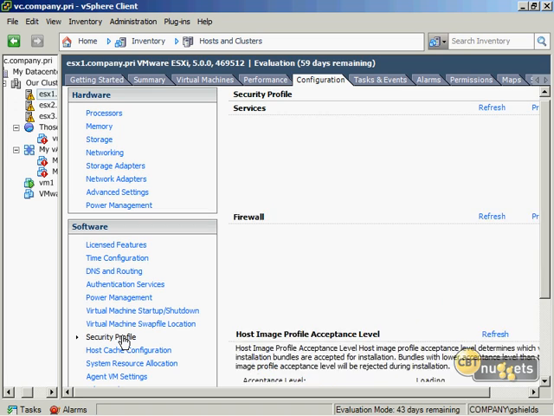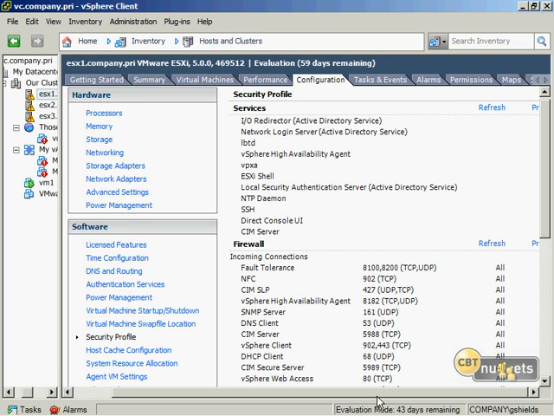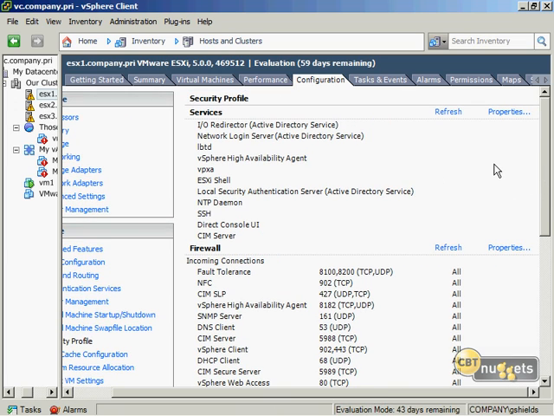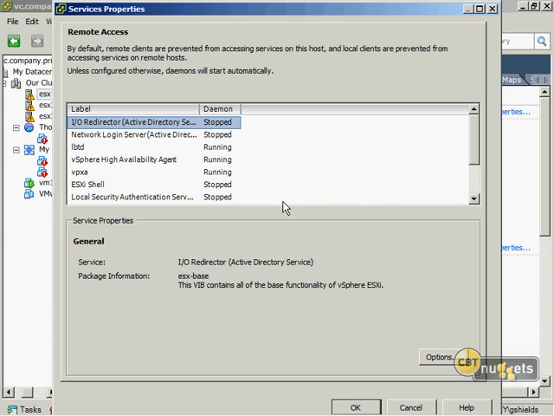The first of which is security profile, which we're taking a look over here on the right. The security profile for an ESX host provides a location for you to identify what services are up and running or shut down, and what firewall connections are up and running based off of the pre-configured firewall connections that are available in the interface. So first, taking a look here at services, if I view the properties here, just like